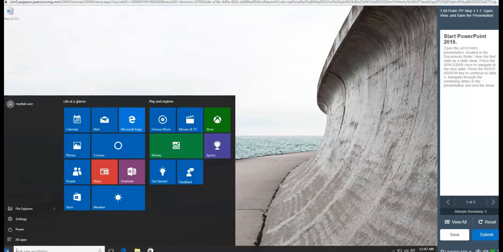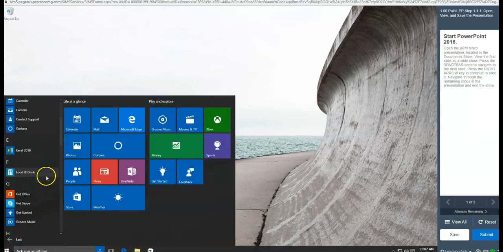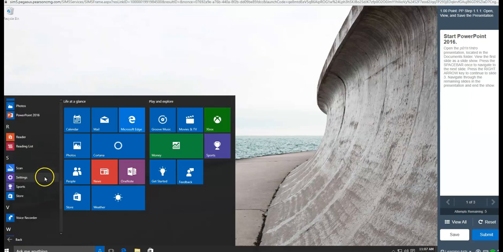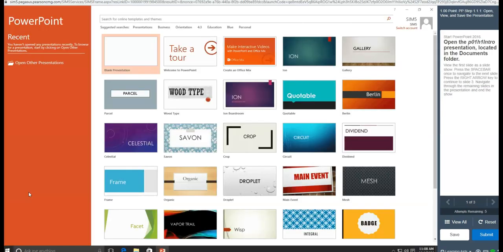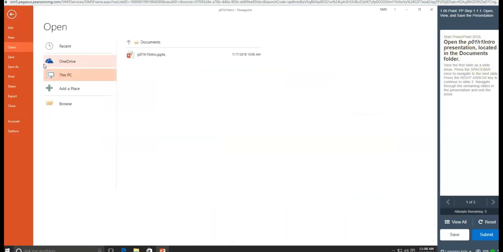So they said click here and then all apps and then scroll down until you get to Windows, and I'm sorry, PowerPoint. Do I see PowerPoint somewhere? Right here. Click on that, and then you see what happens: it becomes more bold. So this is the file that we are looking for. Okay, so other presentation, and then you are told you can either click browse or you can click on it